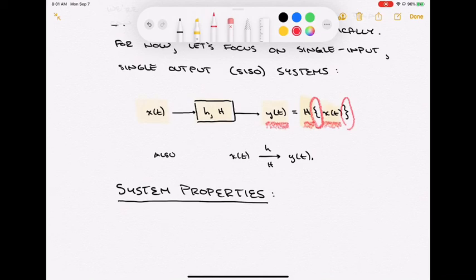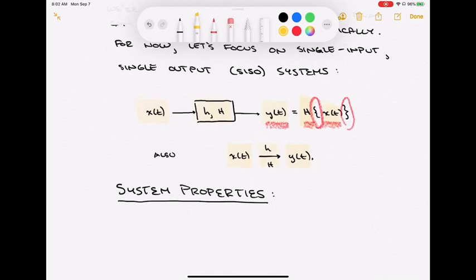So if I was going to read this out, I'd say the system output y is equal to the system h operating on the input x of t. We can designate this input-output relationship from a system in a little more compact form. This is called the directed arrow notation. I have an input x of t, almost always, just by convention, shown on the left, generating an output y shown on the right, and I just use an arrow to connect the two,